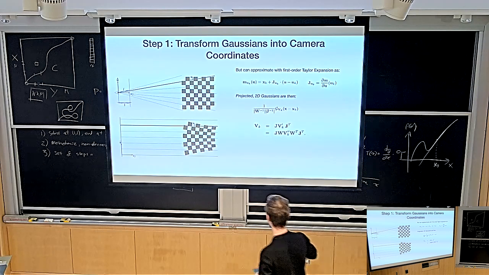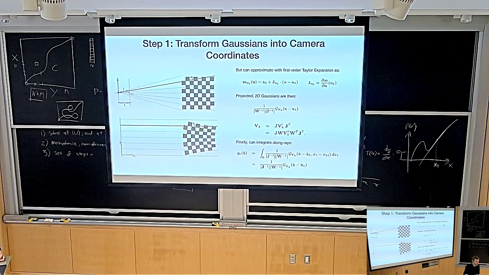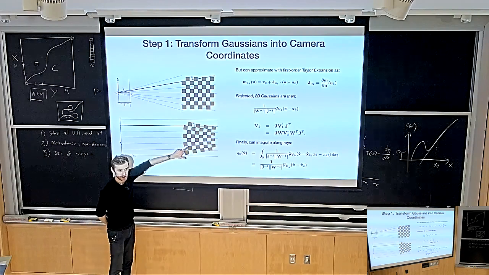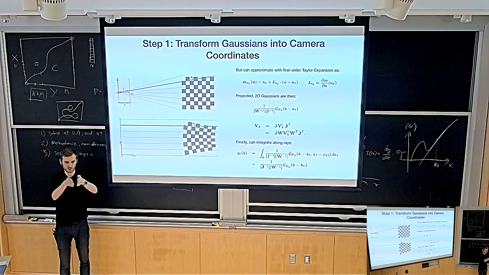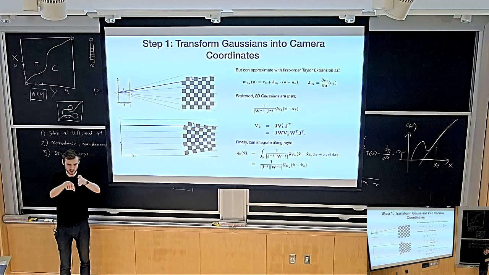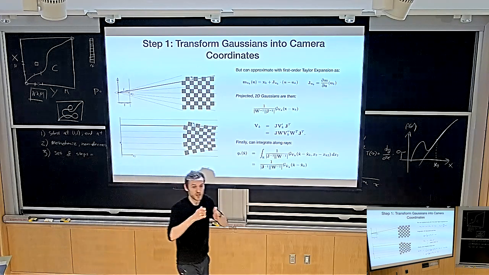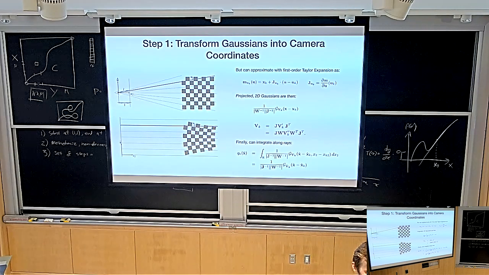Okay, good. So now comes the magical part. Gaussians are closed under integration along one of the axes. The Gaussians are now in this space where all of the rays are parallel, aligned with the forward vector of the camera. It turns out that Gaussians are closed under integration, which means there is an analytical expression for the integral of the Gaussian density along the ray. Let me repeat what that means.